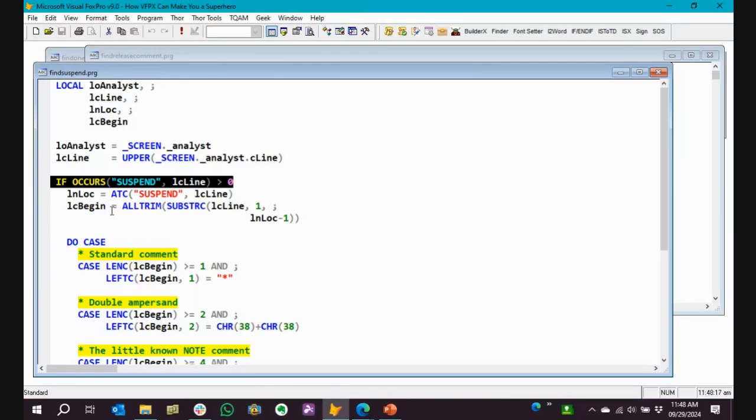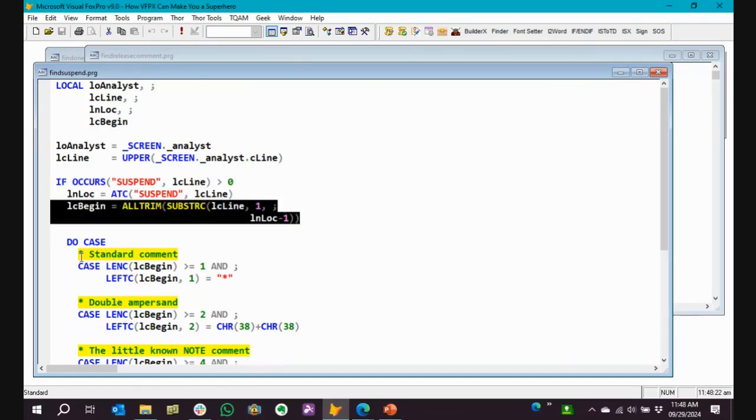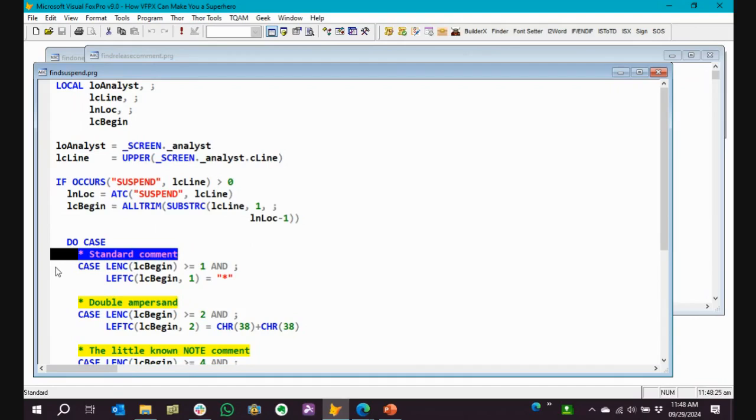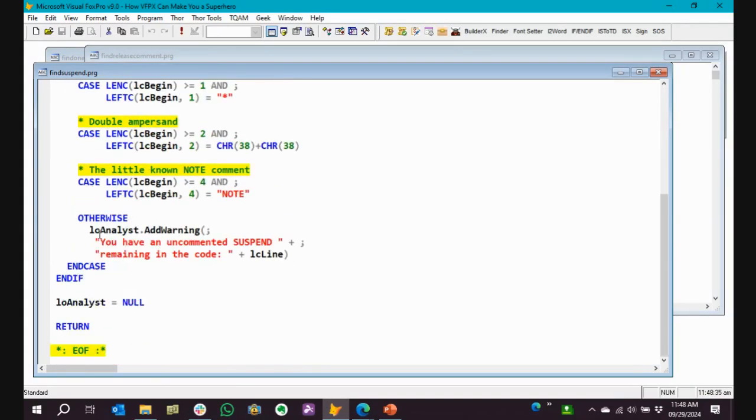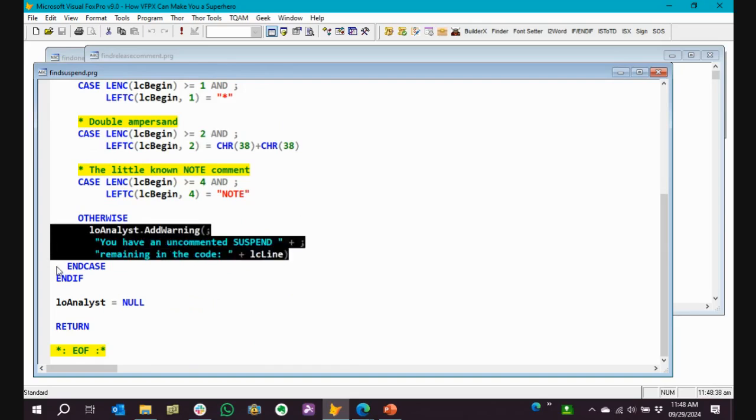But once I know that I have it, I'm also checking to make sure that the line of code is not commented out. This goes to your point, Joel, where you can refine when the rules are going to fire and what warnings are going to be collected. So once I determine it's not a commented line, I add a warning through the analyst object, and I make the string be very descriptive so that it knows what the warning is, as well as the line of code. I include the line of code on that. And once I write that, the analysis for that rule is done.